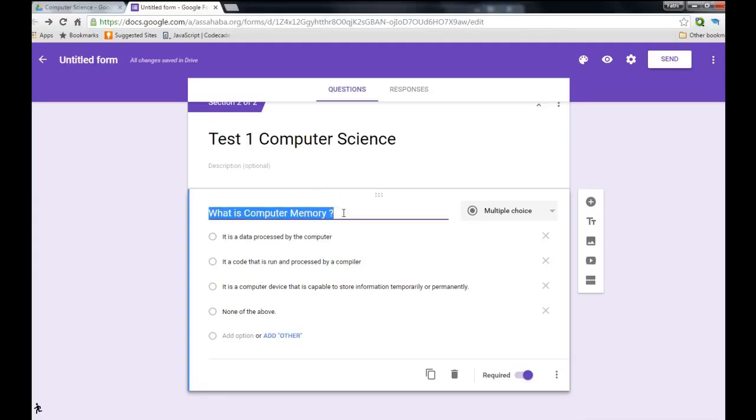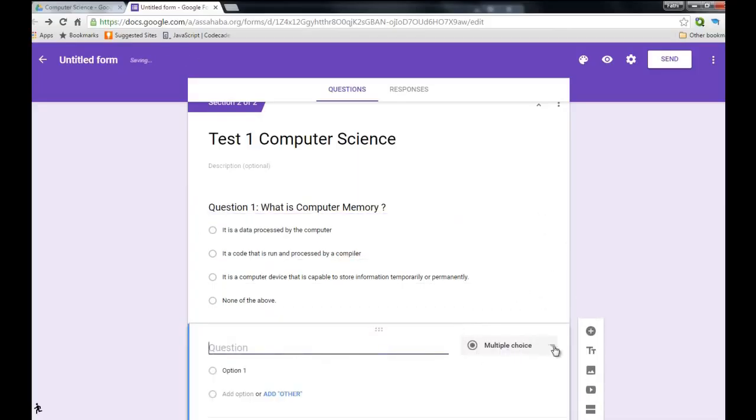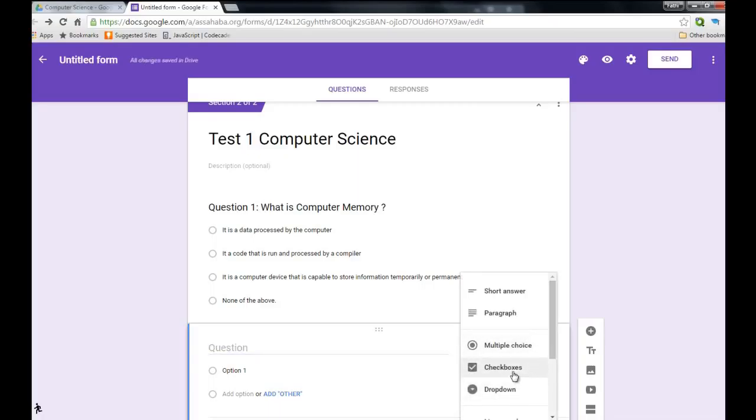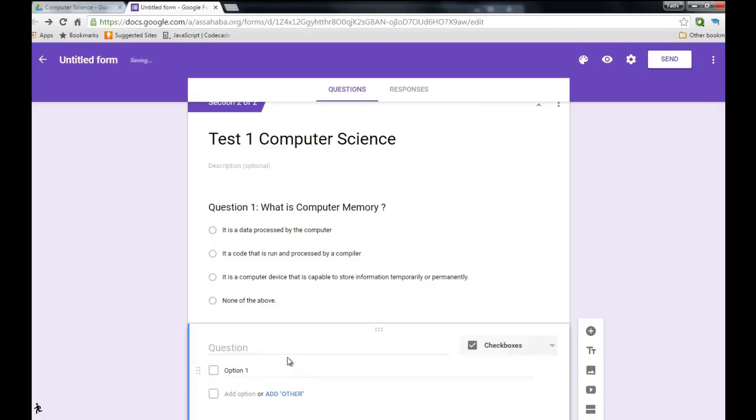Let me do something here. Let's do this here. Question 1, make this question 1 and go like that. Okay, now I'm gonna add another question. So add a question, but this time I'm gonna make it more checkboxes. Basically, it's the student here has the option to choose more than one answer. So I'm gonna write the question and call it question 2,